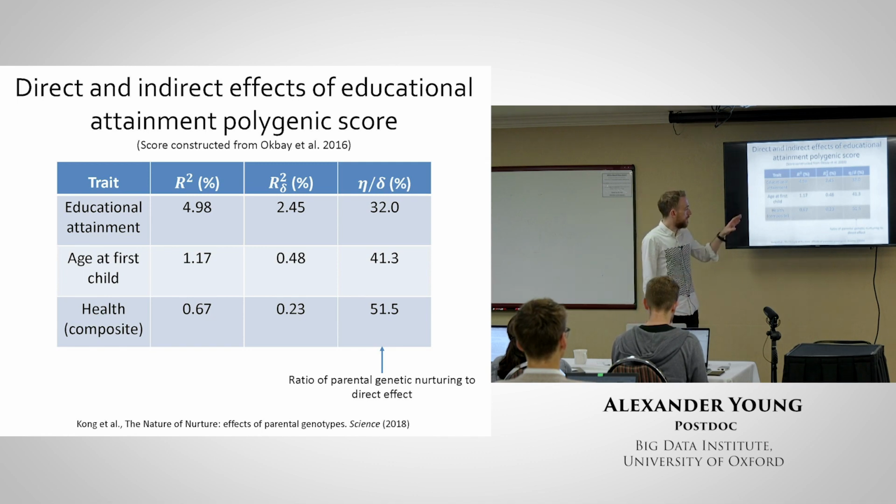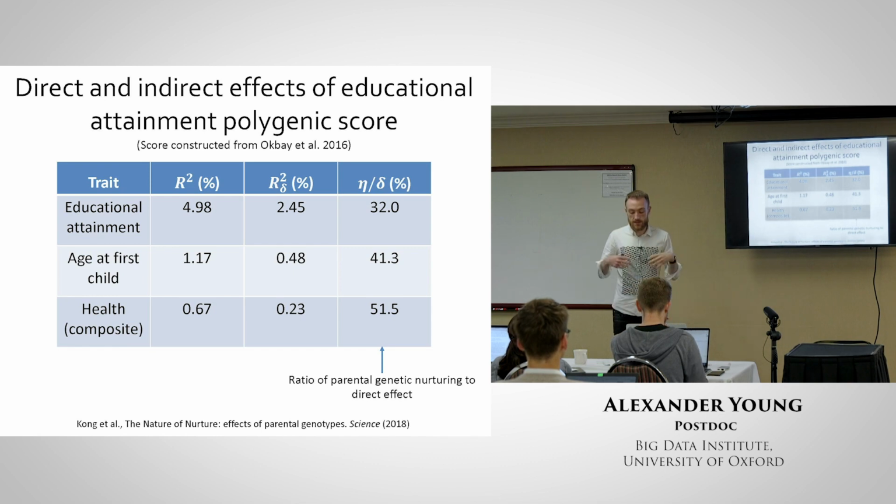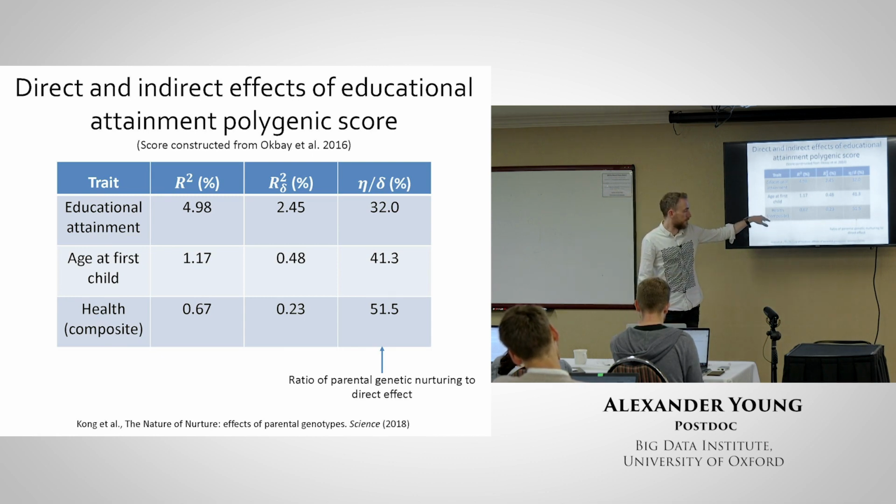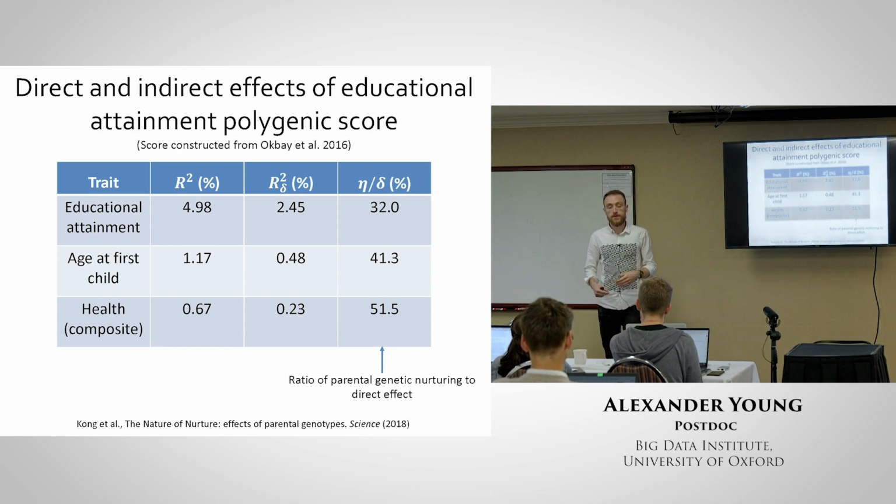So this is showing that part of that effect on fertility of the education score is actually mediated through the family environment. So these indirect genetic effects from relatives are affecting human evolution, and need to be incorporated into evolutionary models. We also found some effect of the education score on this sort of composite health trait, and that some of that was going through the indirect effects from the parents. So these are also relevant to health.